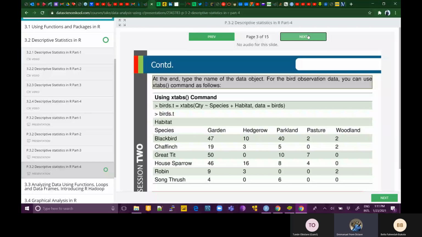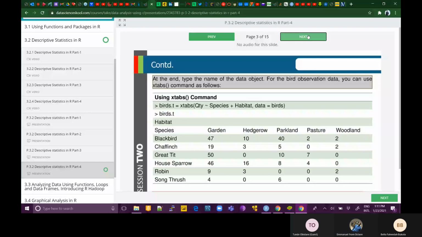This beds is a data frame. I want to cross tabulate quantities. So I want to create a matrix